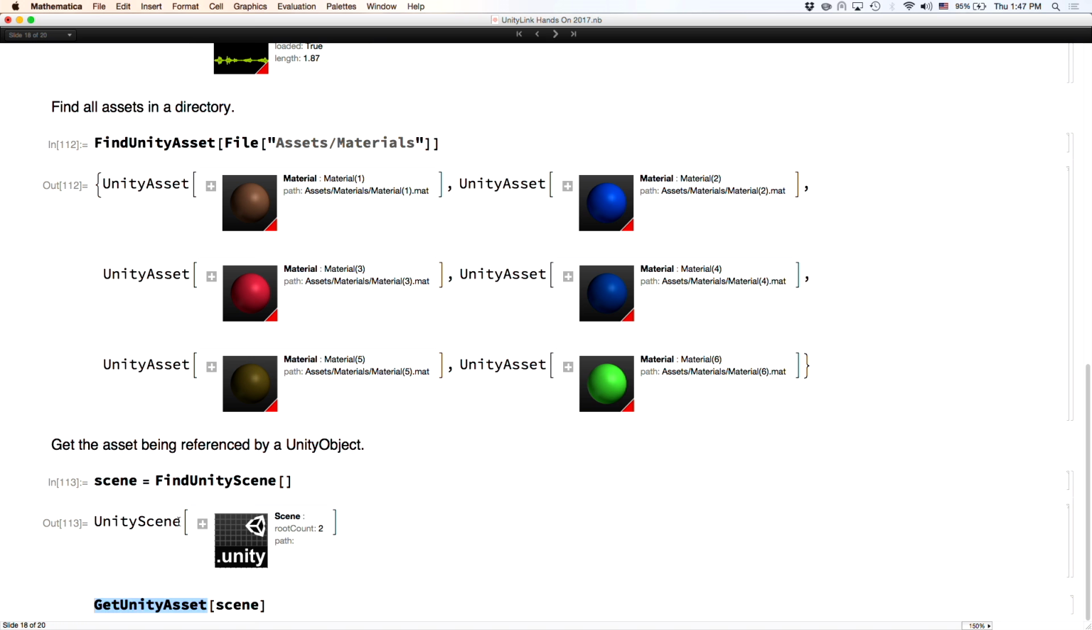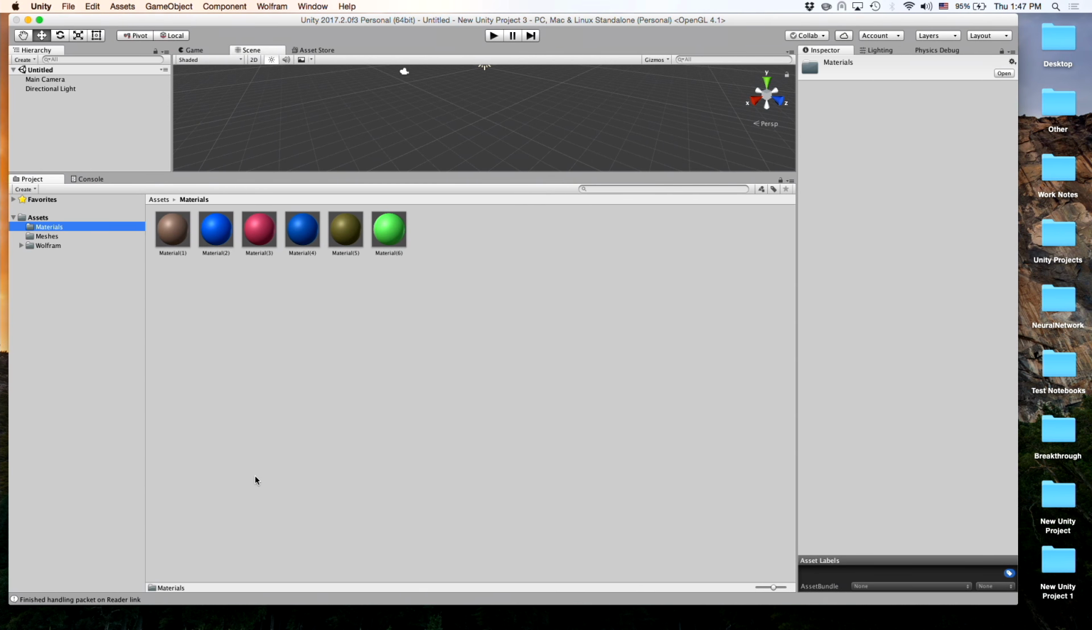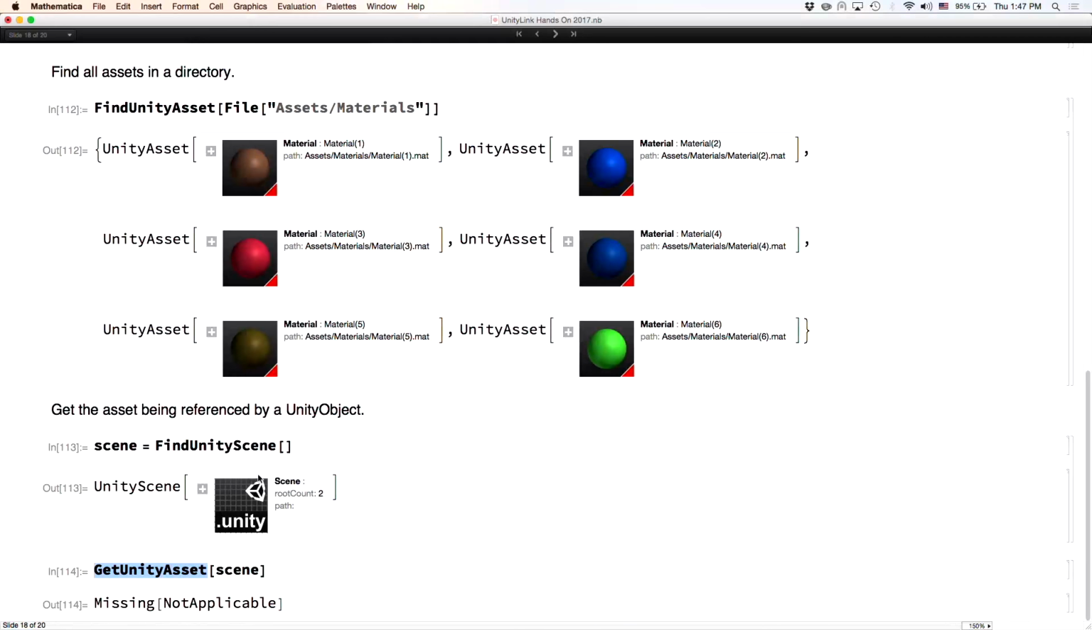So here we have our scene, and we can find the scene asset by using, it should return scene asset. Oh, it's not saved yet. So if I actually save the scene,